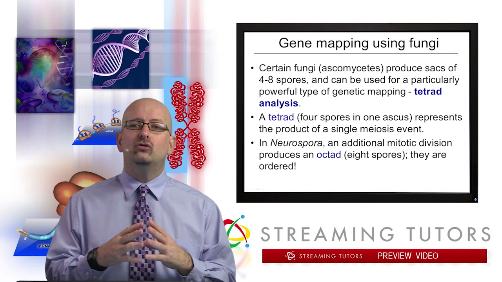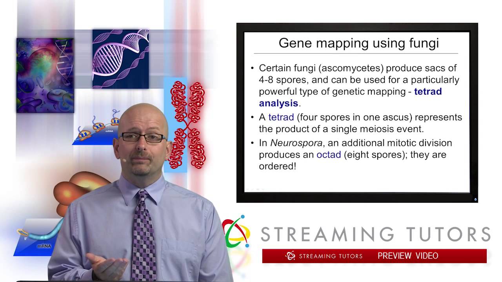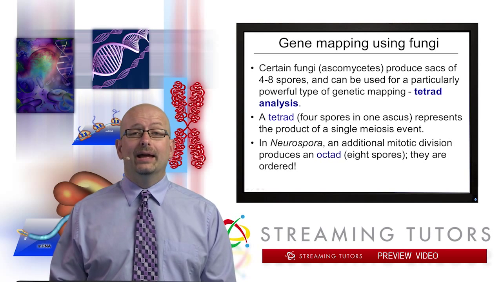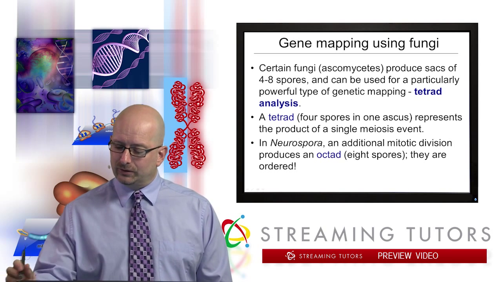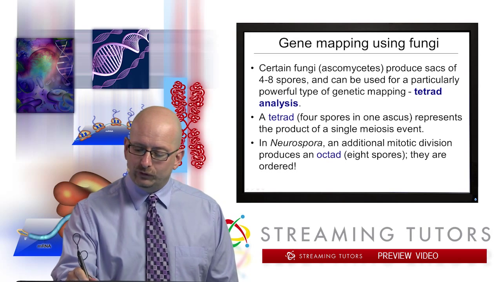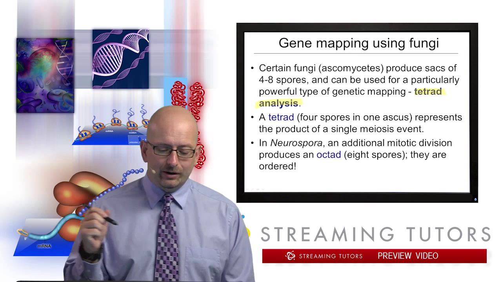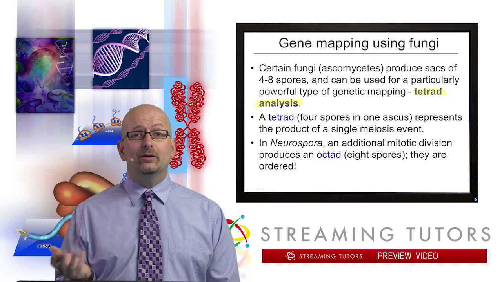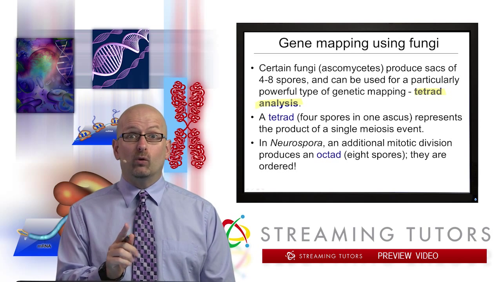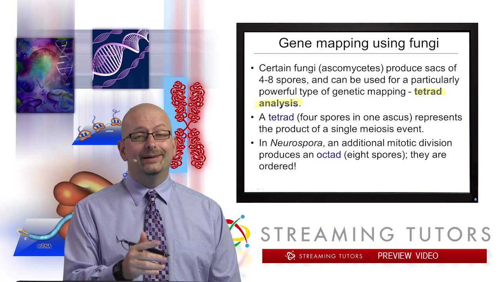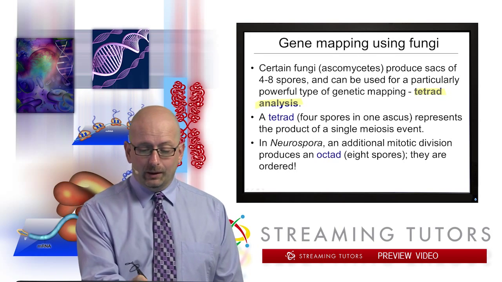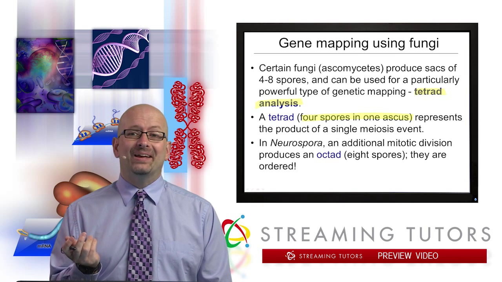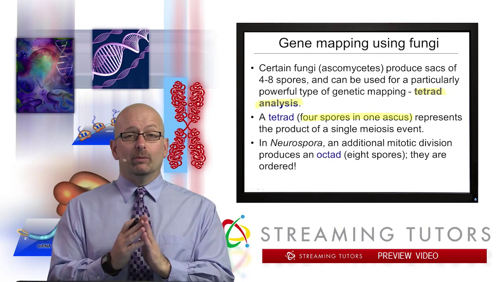So they make these sacs of either 4 to 8 spores, and we can use them for a particularly powerful type of genetic mapping. It's called tetrad analysis. And we'll see more about tetrads in a minute and why this is so powerful. What a tetrad is, perhaps obviously, we've used that term before, but it's a little different here. Tetrad generally means 4, but there are 4 spores in one ascus, and it's not a coincidence because remember, in